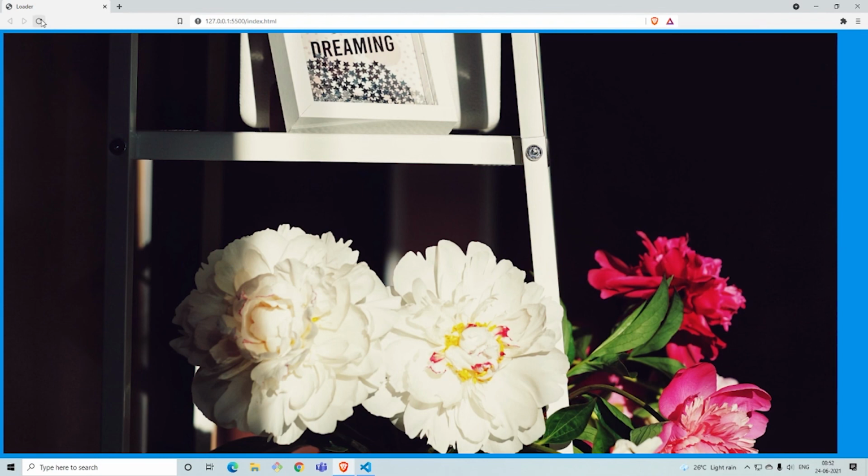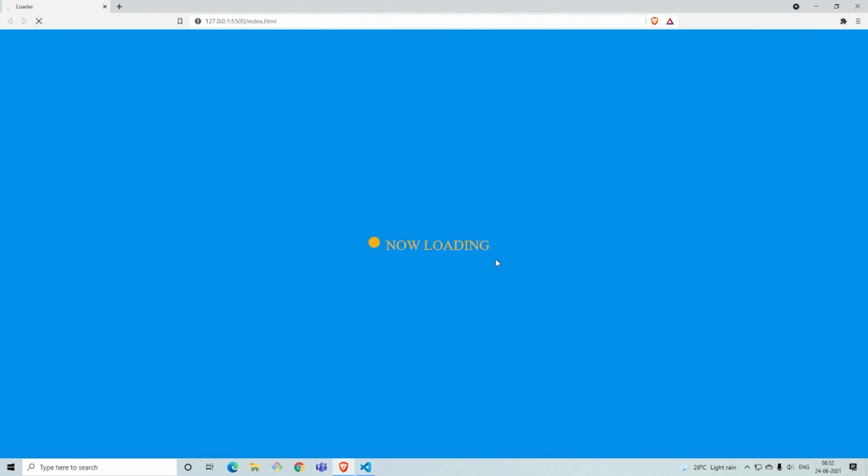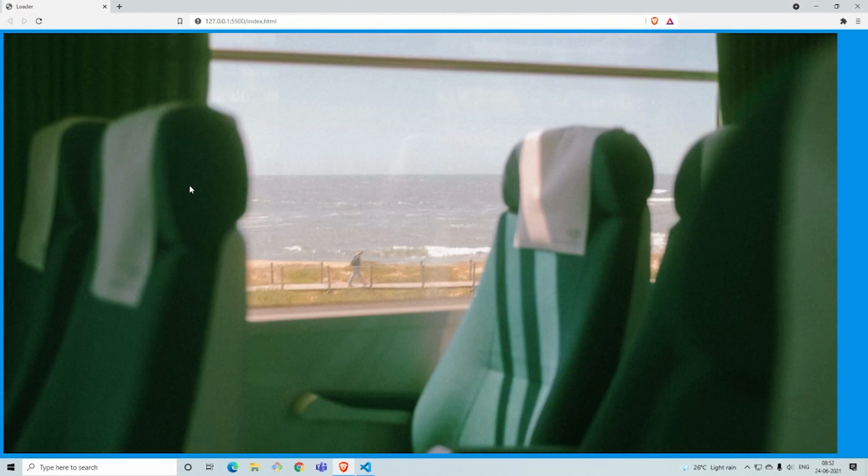So now when you again load it, it will work on the now loading page. The background image is there, and then it's still loading, as you can see on the top of the web browser. And once the loading is done, the now loading page display is gone. That's set to none through JavaScript, and then you only have the image. So this is basically how a loader page can be set to a website and can be used.